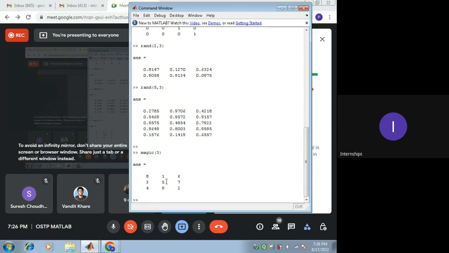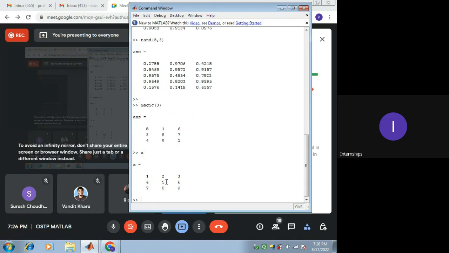Suppose here A is equal to, we have already defined one matrix, 1, 2, 3, 3, 4, 5, 7, 8, 9. Now, if I write down B is equal to circshift, circular shift, A comma 1, that means see